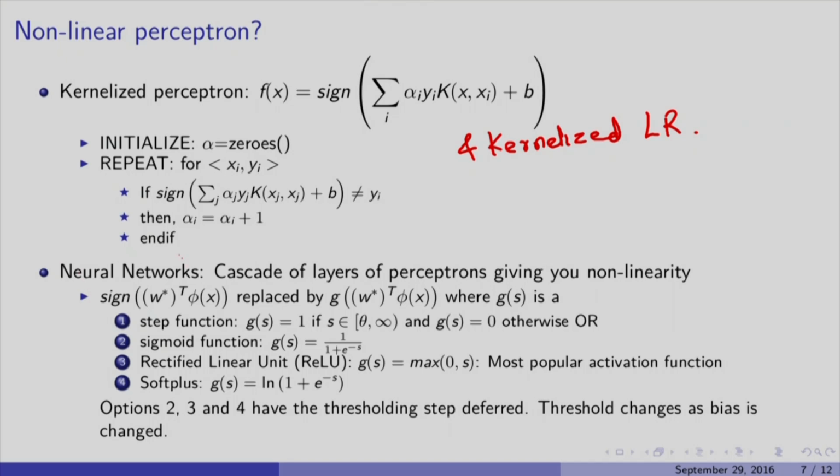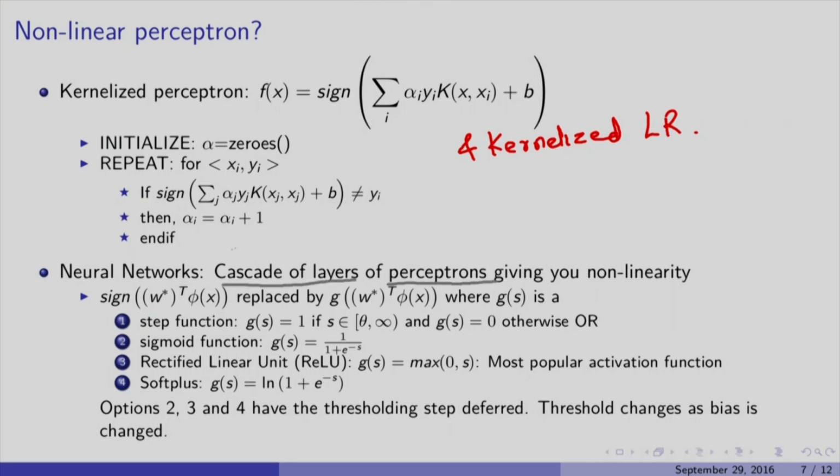Another way to go about this is through neural networks. So there are settings where you really do not know how to design the kernel functions. So neural networks achieve the same nonlinearity, or probably with more computational ease, through cascades of layers of perceptrons, and